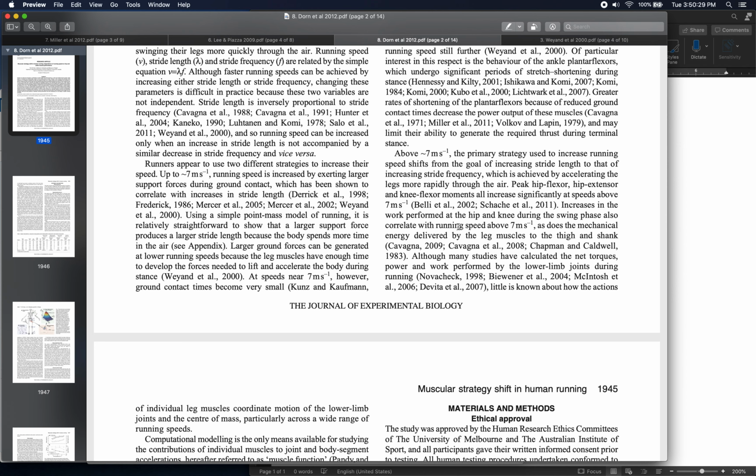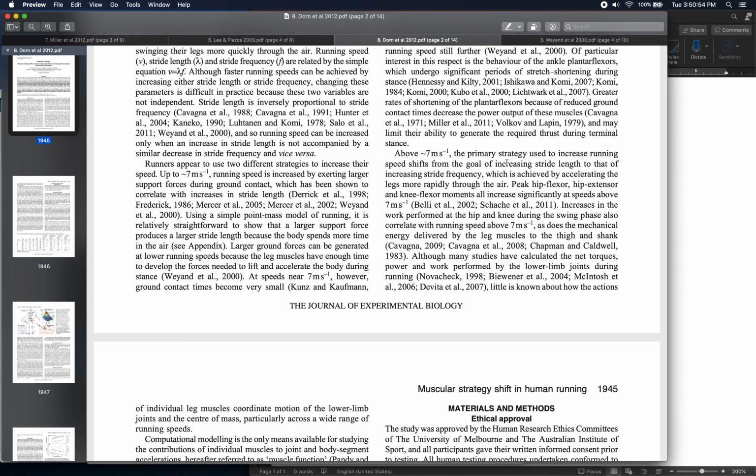With 3.5 being a moderate, jogging endurance type speed, so not a terribly demanding distance running speed, compared to 9+ meters per second being a very fast sprinting speed. If somebody can run at 9 meters per second, they're pretty fast. That's a decent speed for a maximum sprint for a normal person. So it covers the whole range of speeds that people might normally run at, from a slow jog up to a